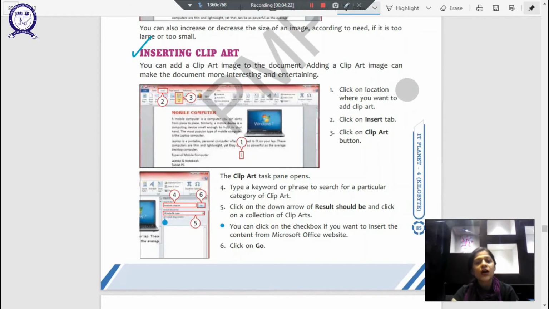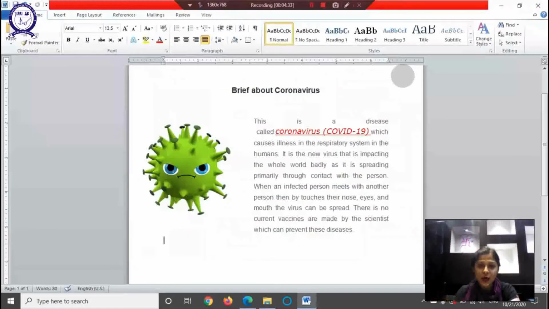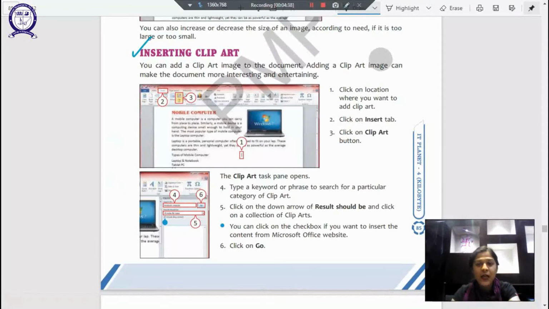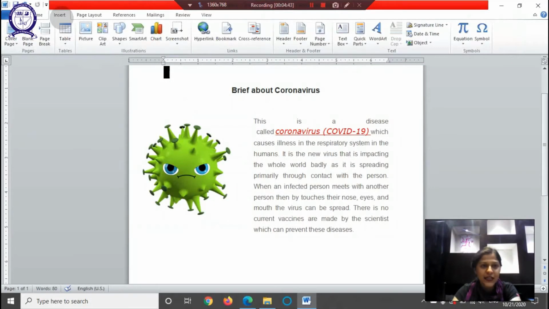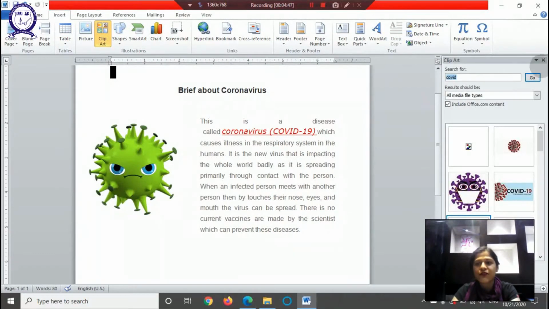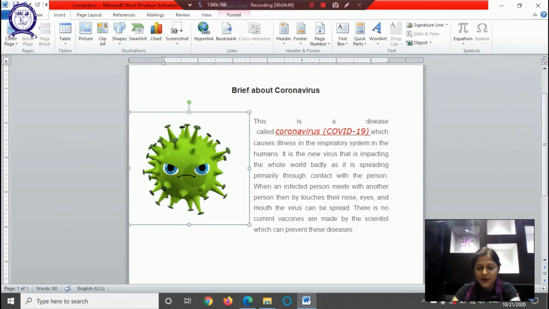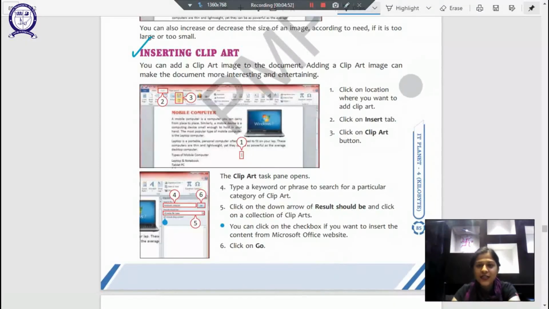Writing stepwise would be far easier for you, because if you know how it's done in the document, you will be very easily able to write it in steps, right? For example, if you know how to insert a clip art, you go to the insert tab, you click on clip art, you then type which clip art you're searching for, and once you have selected it, you just insert it, right? So these are the steps that you want to read.